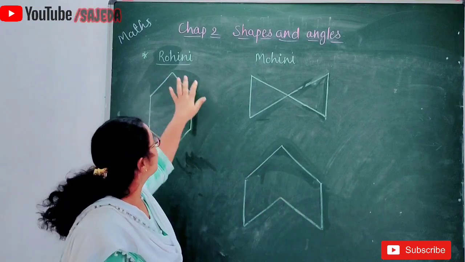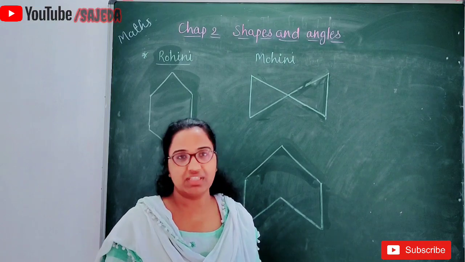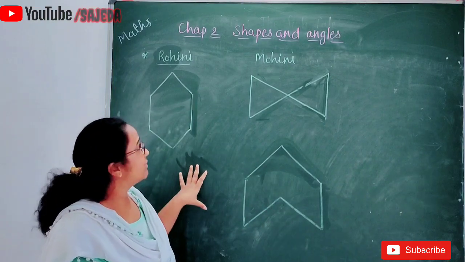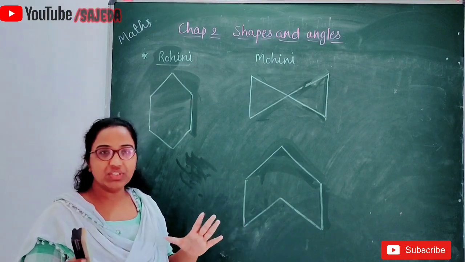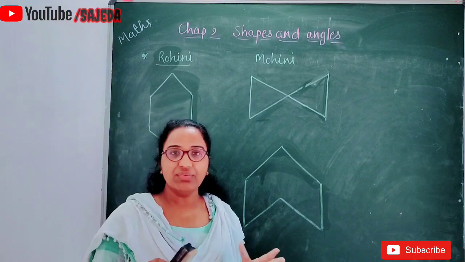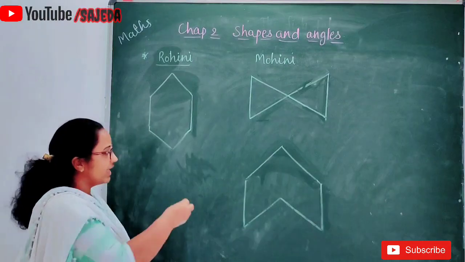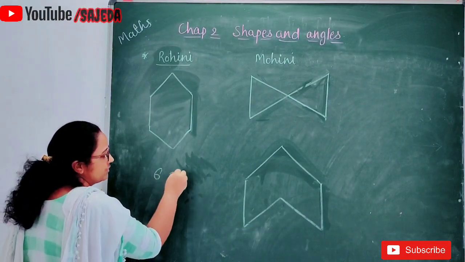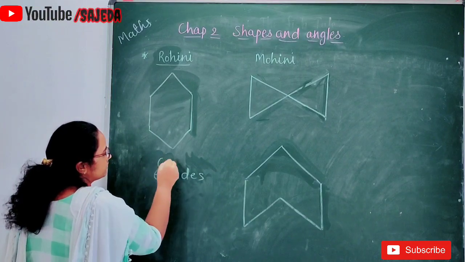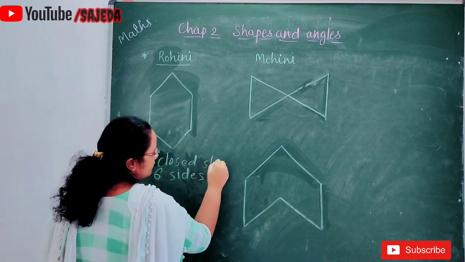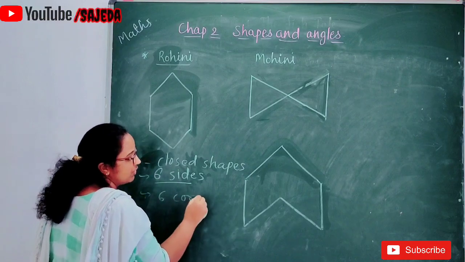Here are two sisters, Mohini and Rohini. They both are twins and they both like to do the same things. Now another friend of theirs, Shaila, asked them to draw a shape without showing the figure to each other. For that, she gave them some clues, like they have a shape of 6 sides. It must be a closed shape. Must have 6 sides and 6 corners.